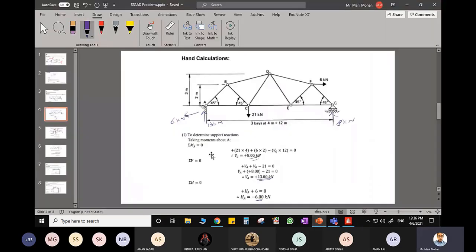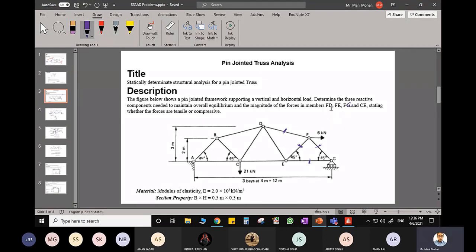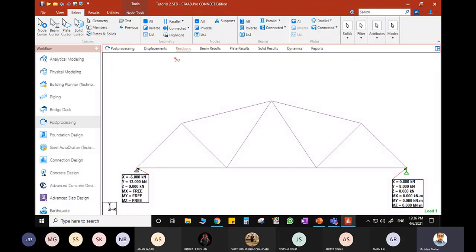As it was asked in the question, I want the magnitude of the force, and I want to see whether it is going to be a compression or whether it's going to be tensile. So to know that, please see what we have to do. Select this result option.